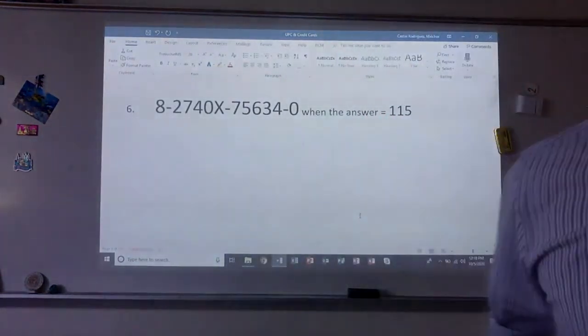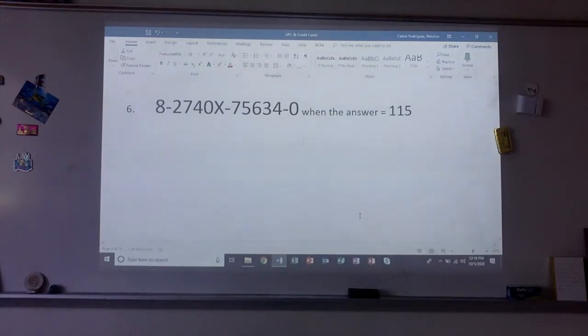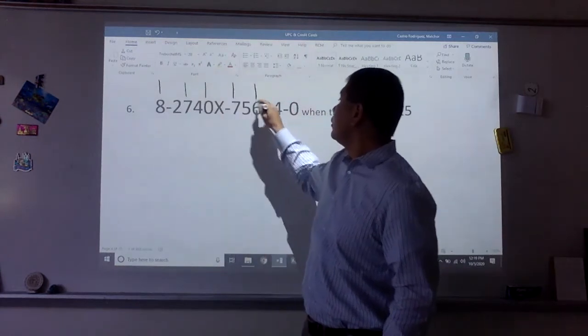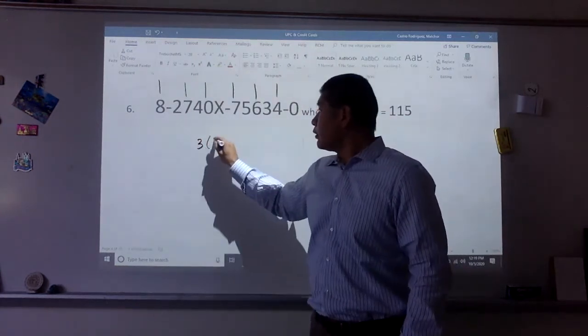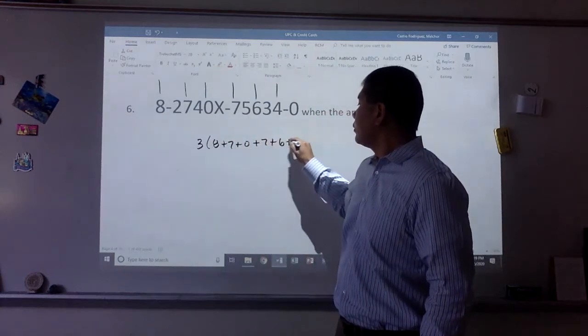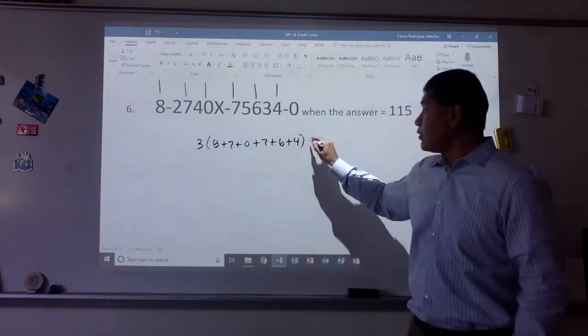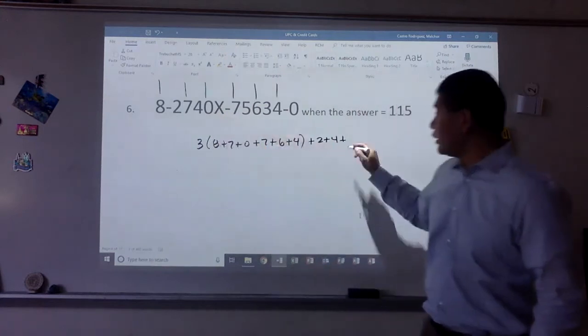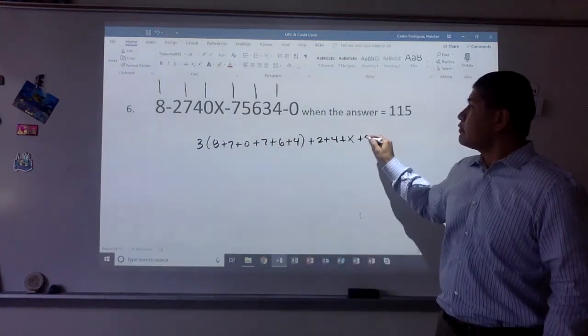This one. This one has also a missing variable, a missing number. But it's not like the one I just did. This one is done different because they're giving me the answer at the end. So we're going to do the same process. 3, 8 plus 7. The remaining numbers. Plus 4, plus, you see that there's an X, I'm going to write the X there. Plus 5,